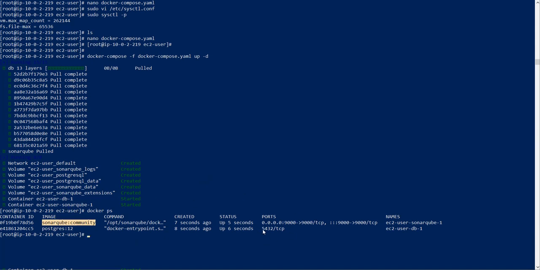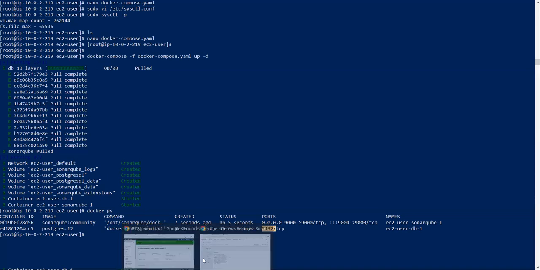Got it. This is a container port, okay? Container port for that database. And it will authenticate, I mean, to connect with our SonarQube, right? Yep. So we can quickly access the